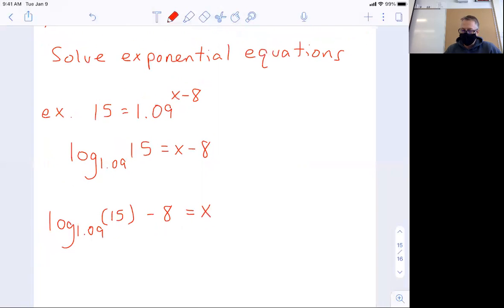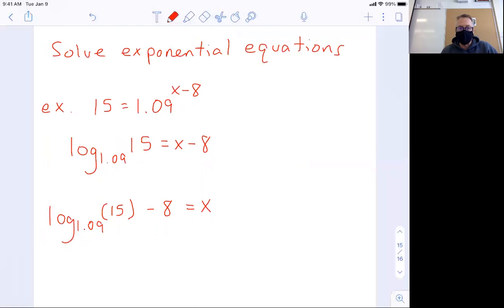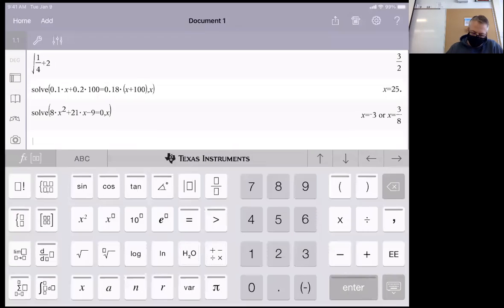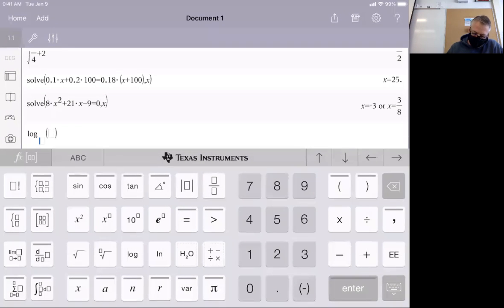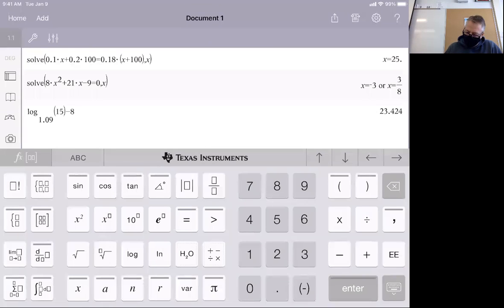That would be an exact answer. I'm going to use my calculator, though, to find an approximate. So notice I put that 15 in parentheses because this is one chunk, okay? So I have log base 1.09 of 15 minus 8. So here we go. Log base 1.09 of 15 and then minus 8. And I have to get my approximate answer, and I get approximately